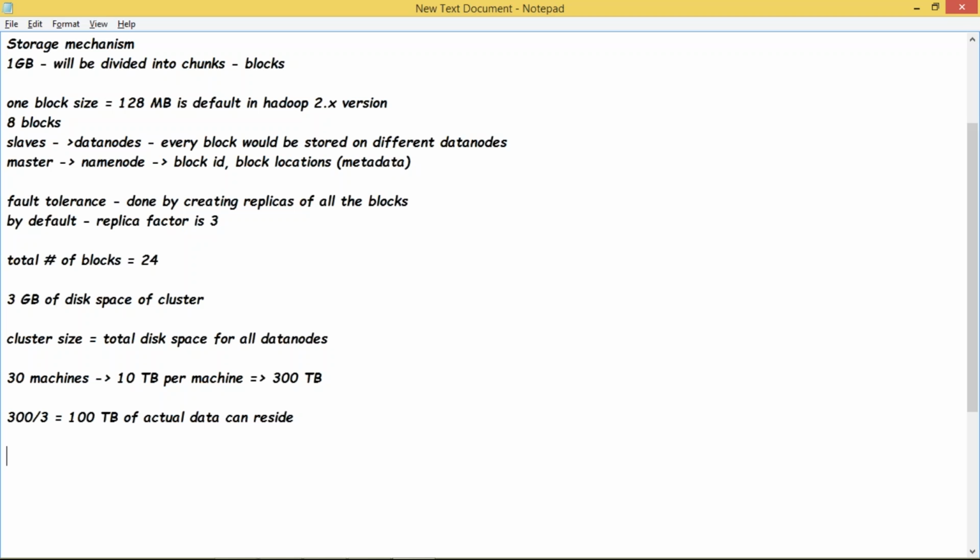Though all the data is not processed sequentially, because every block will be processed in a separate machine, in a separate data server. The beauty is that we are sending the code, because once you fire a query on Hadoop systems, that query will replicate and go to every data node where the blocks are located. In this case, there are 8 blocks. So the query which you are firing from your client side, for example, if you say, I would like to find the sum of